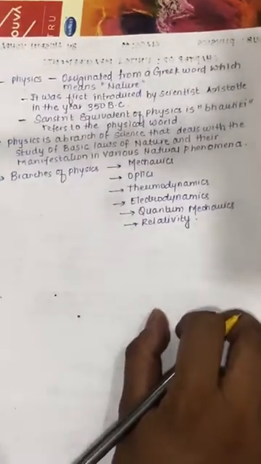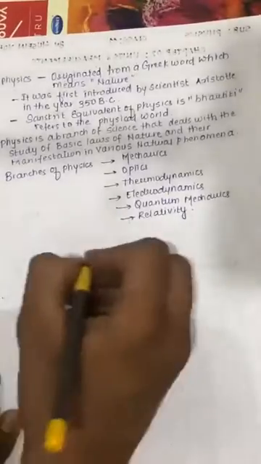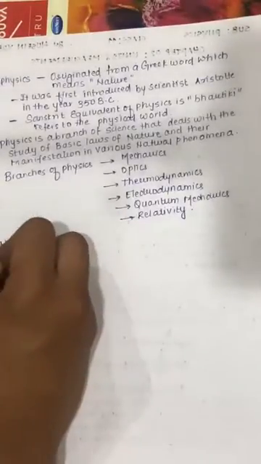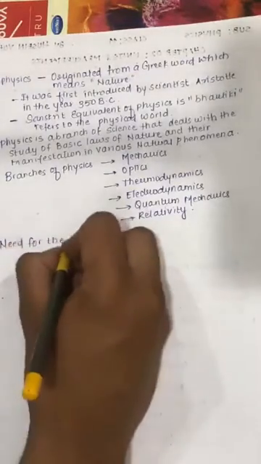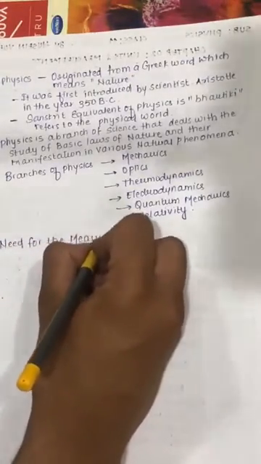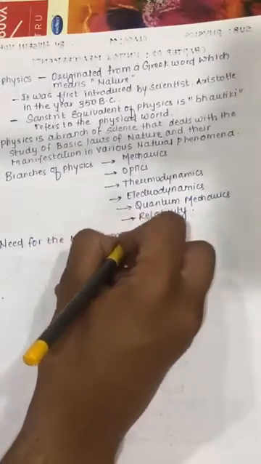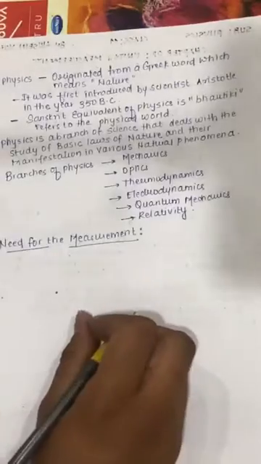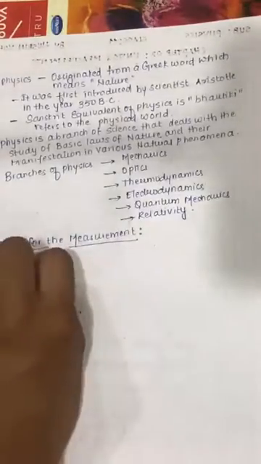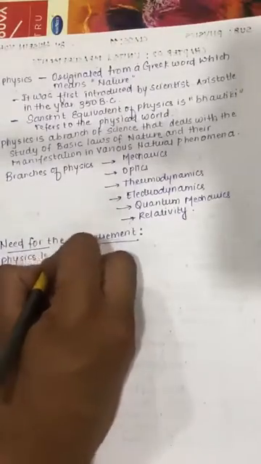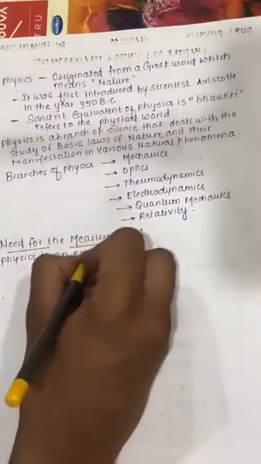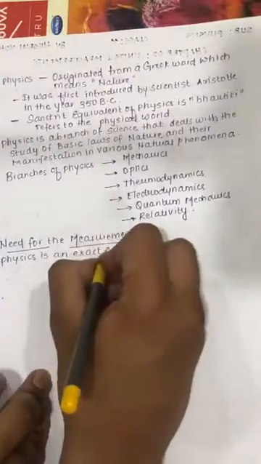Units and measurement. To start with the chapter, the very first topic is the need for measurement. What is the need for measurement? Why is measurement needed? Let us discuss first. Very first point, physics is an exact science